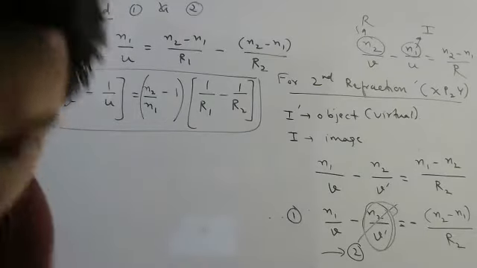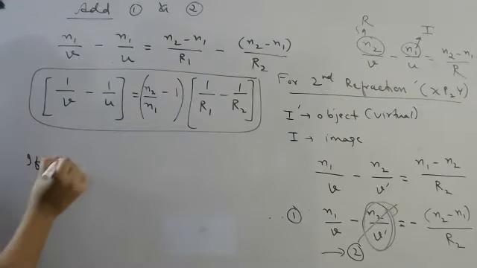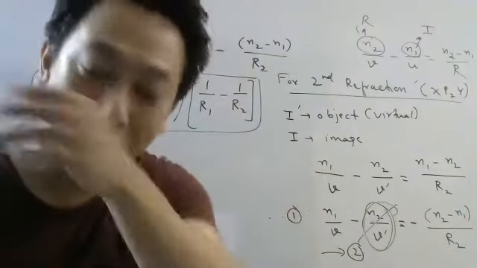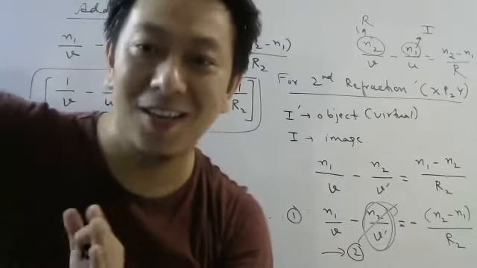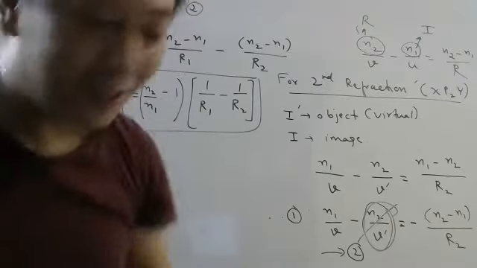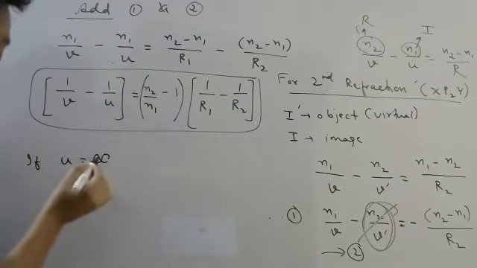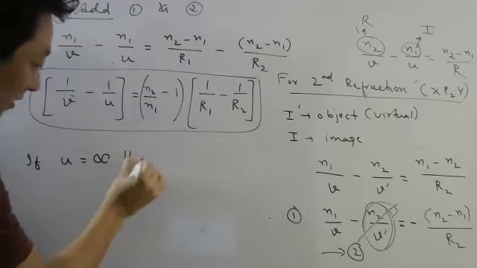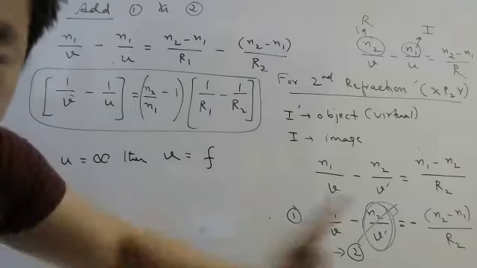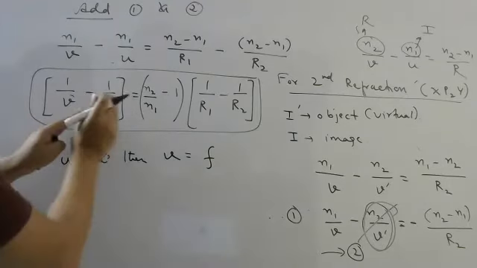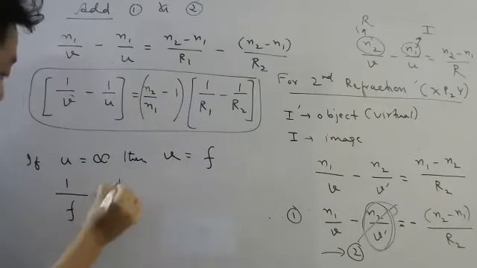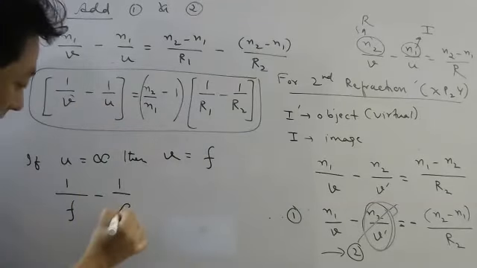Then finally you should remember that if the object is kept at infinity, this one too we did while doing the experiment also. Remember the tree. So if the object is very far, then the image is formed at the focus, right? So if the object distance is infinity, then the image distance will be nothing but the focal length. Okay, we have done this experimentally also. So substitute this here. So 1 by image distance is focal length when object distance is infinity.